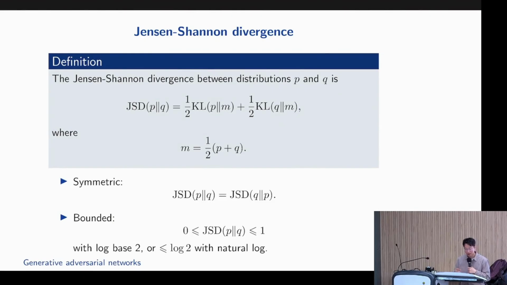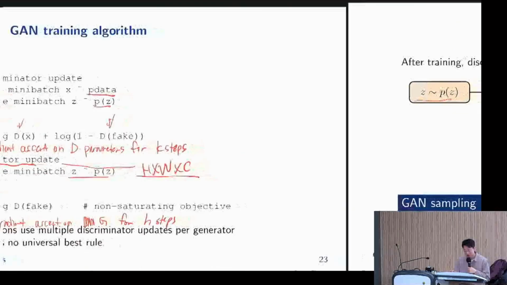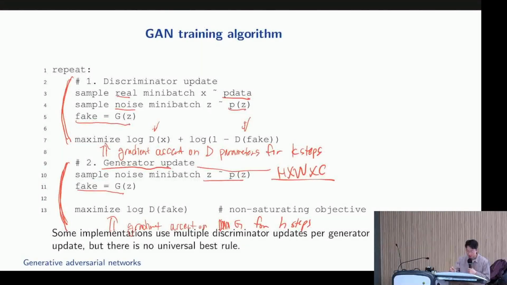So that's the algorithm, and it looked very simple, right? The black magic is here. To make it work, you have to tune the learning rate for D and the learning rate for G, and hopefully something will work. If it works, it generates really, really clean images. If it doesn't, it's going to just give up and not learn anything.